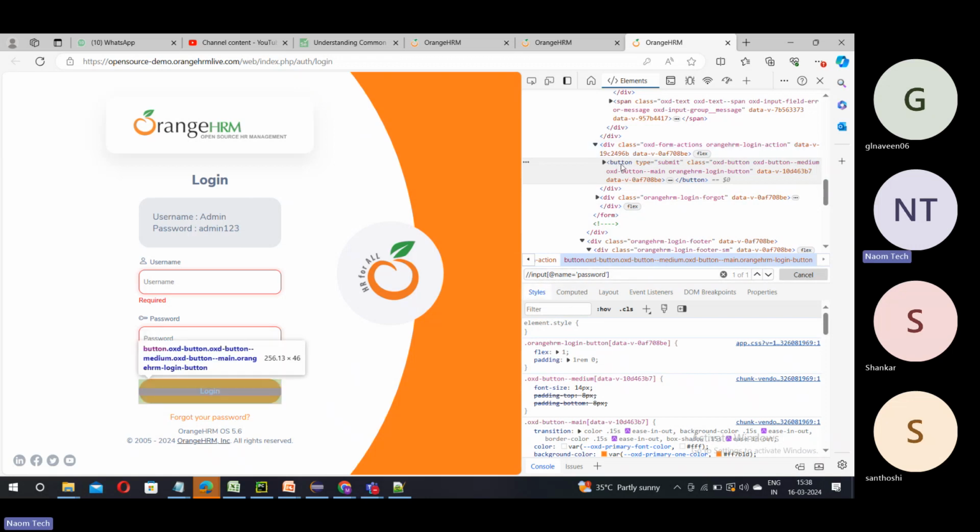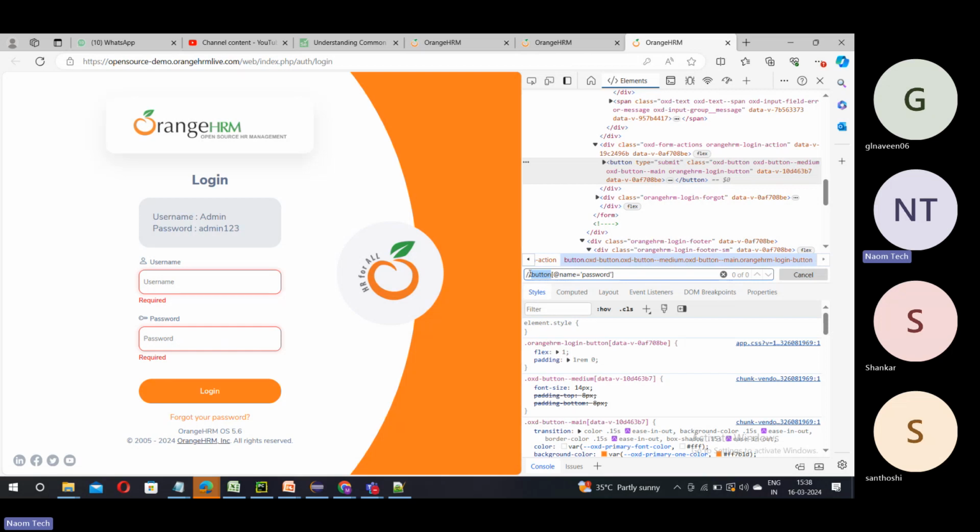Now this time the tag name is button here. So instead of input, what you should do, remove this and pass button here. Why? This tag starts with button. So you should also specify that this pattern should be starting with this button. The tag name has to be declared here. Whichever tag name this particular web element is using, that tag name we should pass here in your XPath